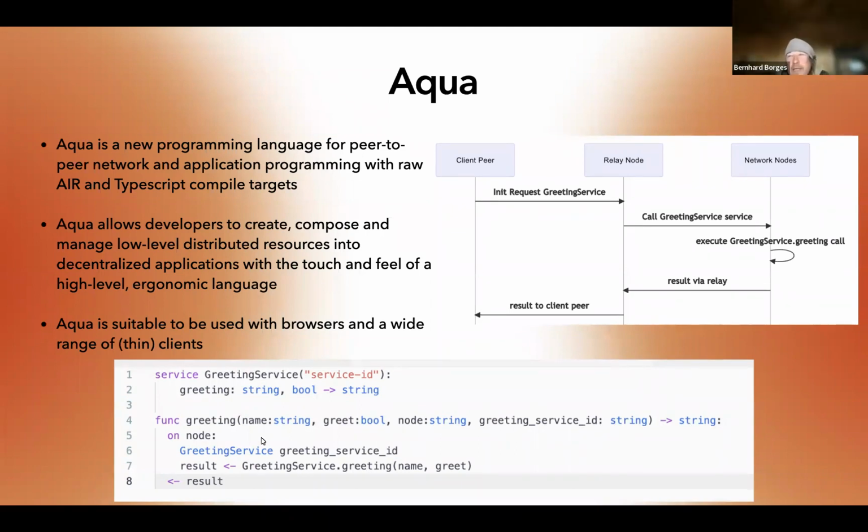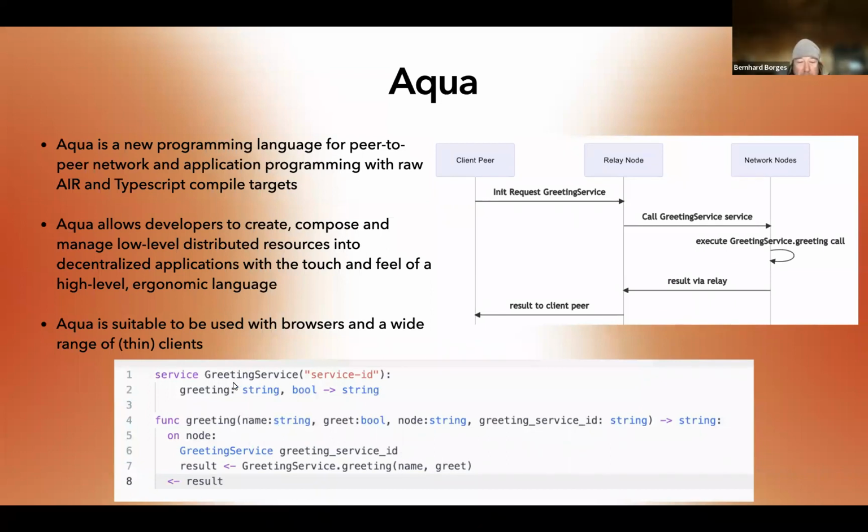So now this is a really cool part. If you've never done any peer-to-peer programming, or even libp2p programming, then you haven't suffered enough to fully appreciate what I'm showing you here. But basically, it's so simple. It says on this peer, where we have the address, the peer ID here, we instantiate our binding to the provided service ID. Okay. So now we have an instantiated service on whatever peer we specified here. That's it. This is ready to go.